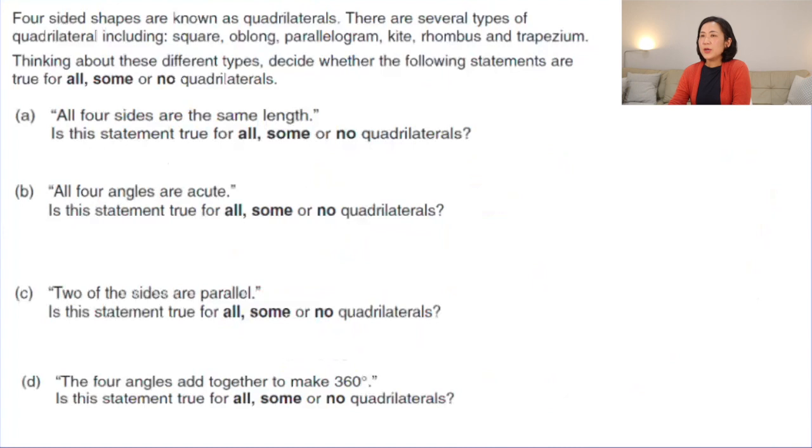Okay, now let's try to solve this question by using all the knowledge about our quadrilaterals. In this one, you've got quadrilaterals, then read the statement, and you need to think about whether that statement is true for all, some, or none. So first statement: all 4 sides are the same length. Is this the same for